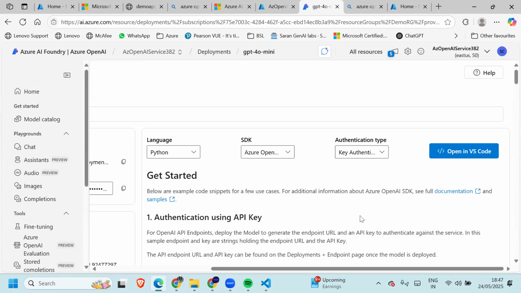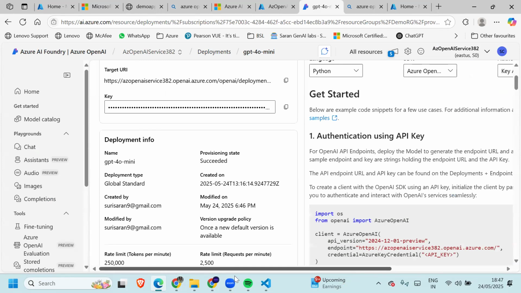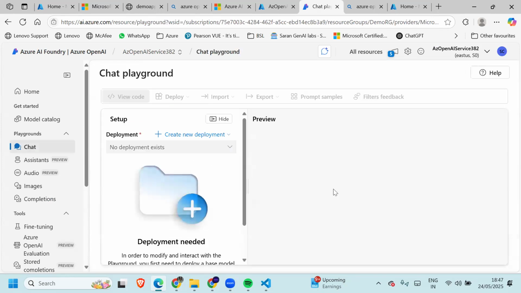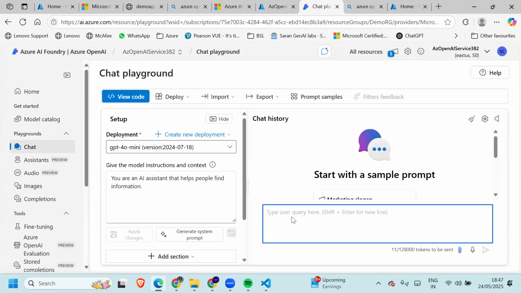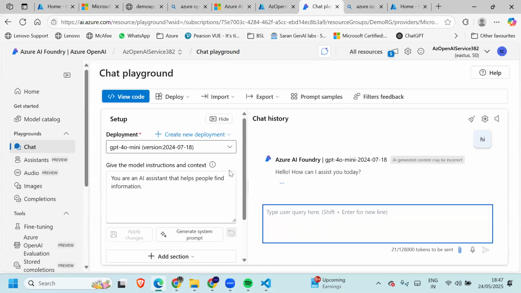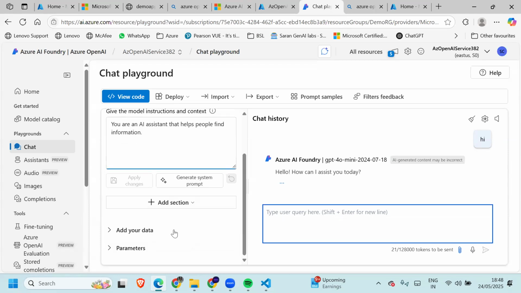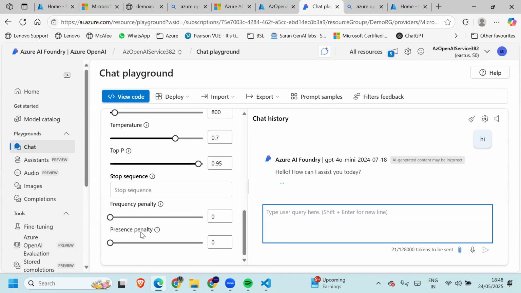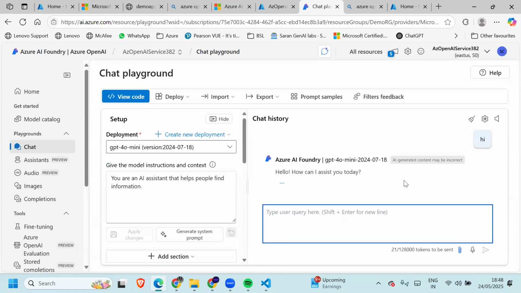All right. And what else? If you want to use it in the playground, you can simply use it. Give the model instructions. This is like your system message. And you can also add your data. You can browse your files. You can put some parameters, top P, top K, all those things, right? So the rest is pretty much the same. Hello, how can I help me? What is